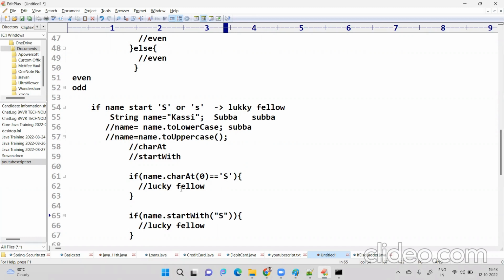Is it clear? Yes, clear. This is the second approach. First one, second one,